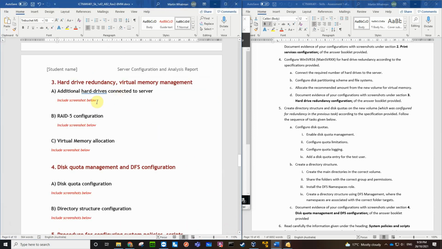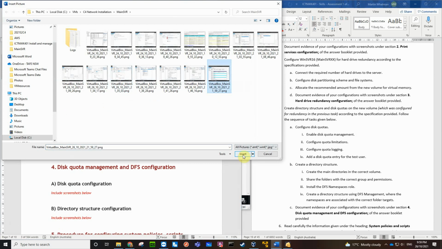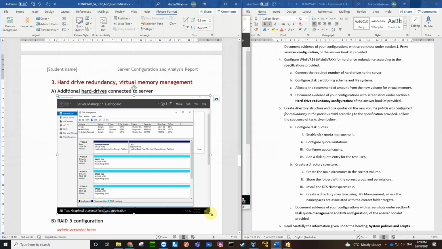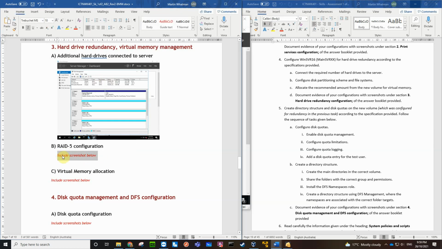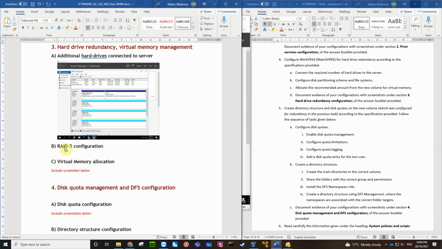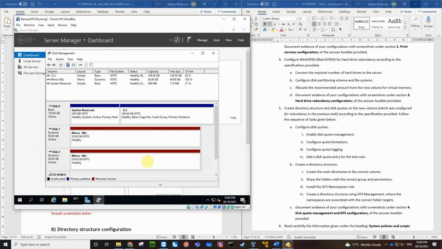Additional hard drives connected to the server. So I'm just going to go insert, picture, device, pick the last one and make it a little bit smaller, like that. Actually, we might stick that one here and put the other mirrored RAID to the other one. Okay. So we'll go to our backup server, which is that one, and do a Control-E on that, just to show that we've got